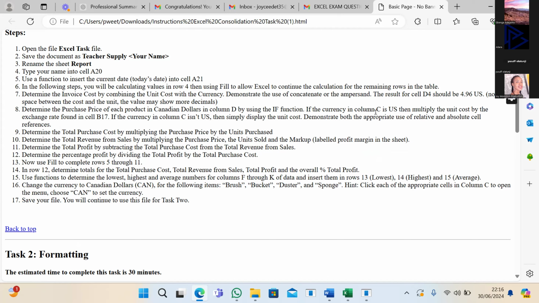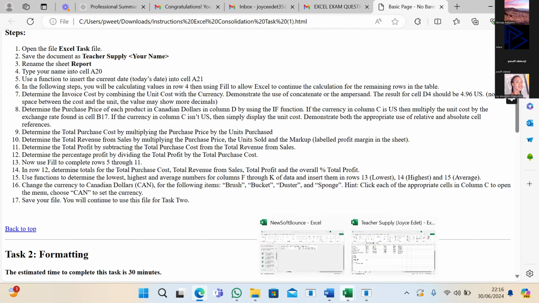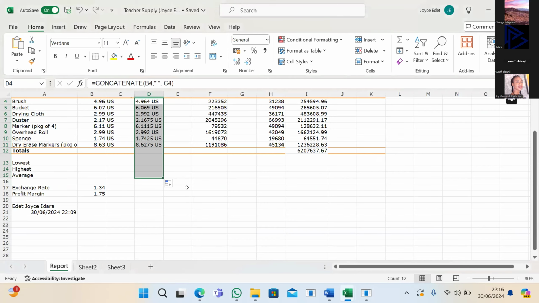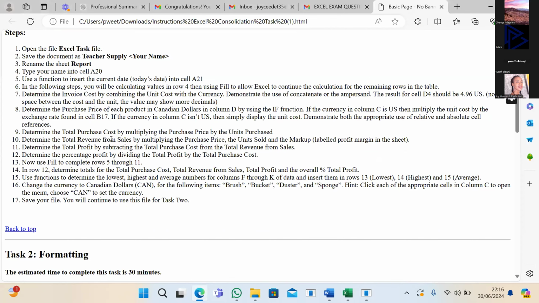But if the currency is euros, then multiply by the exchange rate B17. If the currency